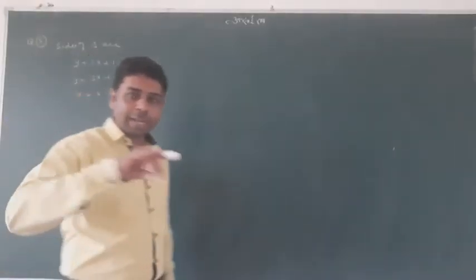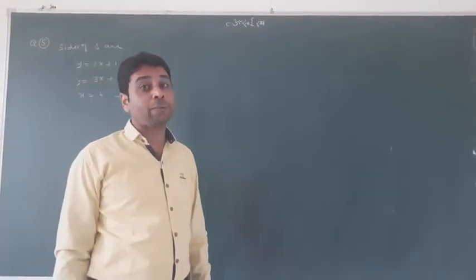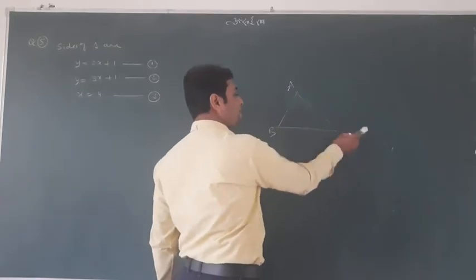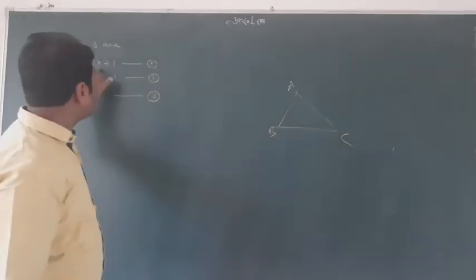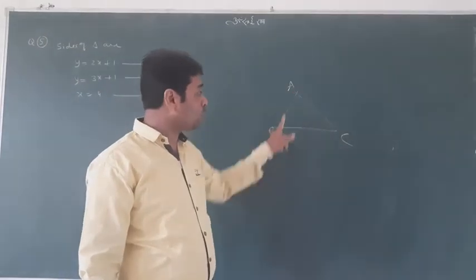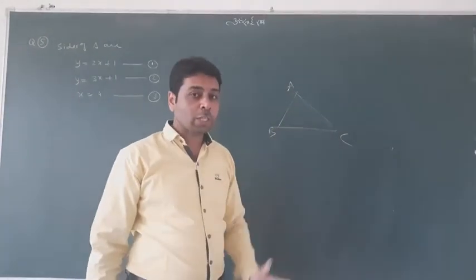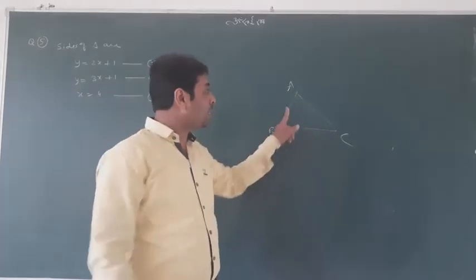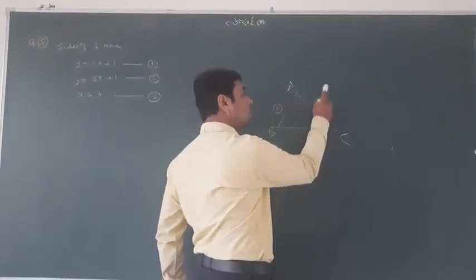How can we do that? We want to make a triangle, but before that we will find the vertices. This is the picture. Suppose the first line is AB, the second line is BC, the third line is AC. What is A? What is B? What is C? I don't know. First of all, I will find them, so I will find the intersection points. Suppose the lines are 1, 2 and 3.